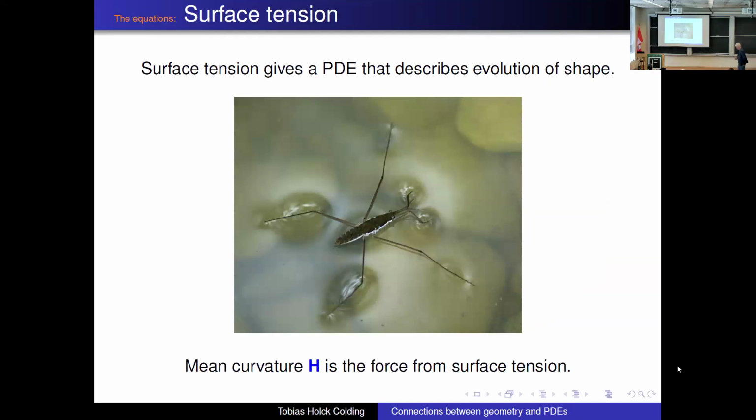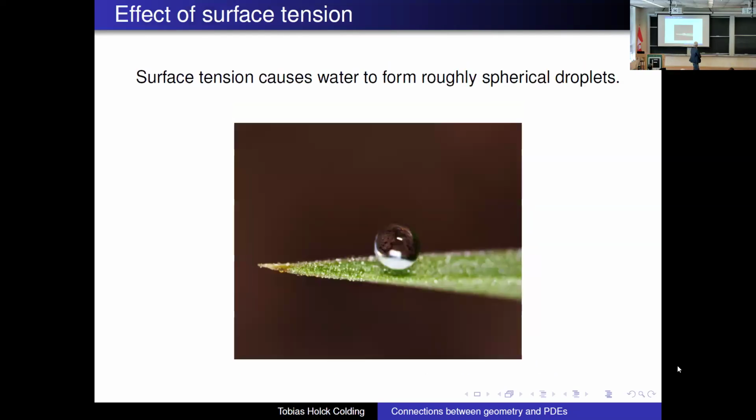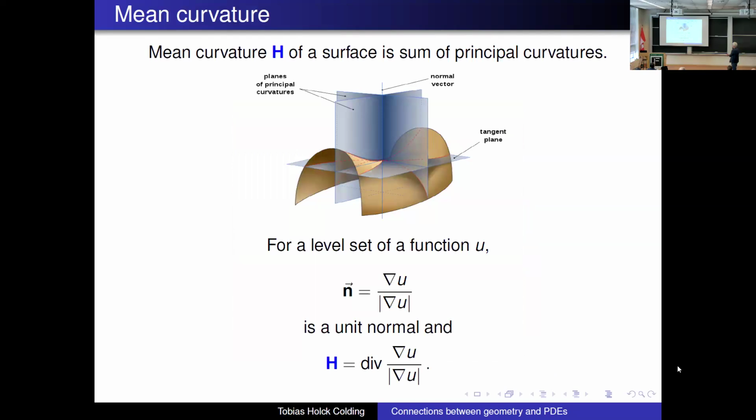A little bit more about the equation that we will talk about. One comes from surface tension. Surface tension gives a PDE that describes evolution of shape. Mean curvature is the force of surface tension. Surface tension causes water to form roughly spherical droplets. And so mean curvature is, as Rick was talking about,